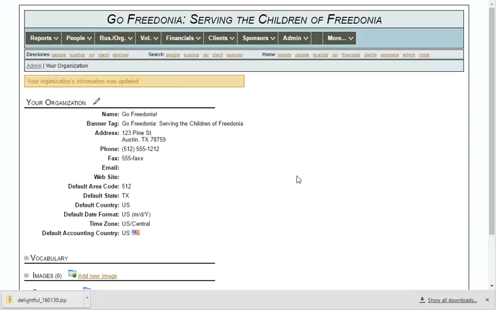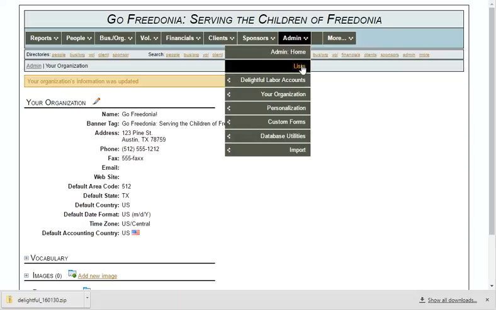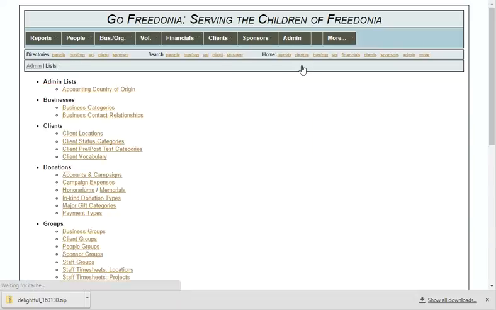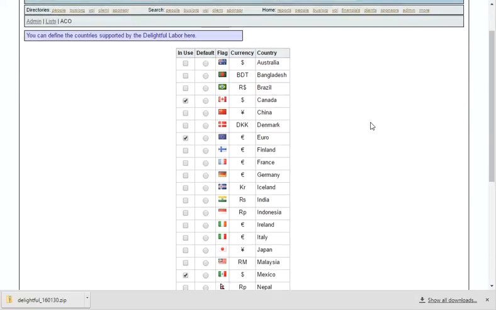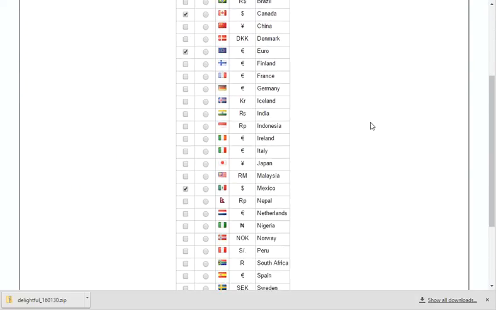Now we're at a point where a little planning will come in handy. We're going to set up various lists and defaults, and so the first thing we want to do is set up what currencies our organization plans to use. So we'll go to Admin and Lists, and then the accounting countries of origin. And we'll go through this list and check any country that we anticipate receiving donations